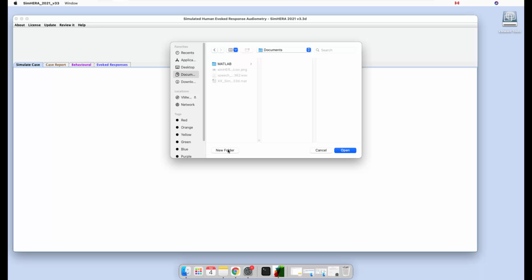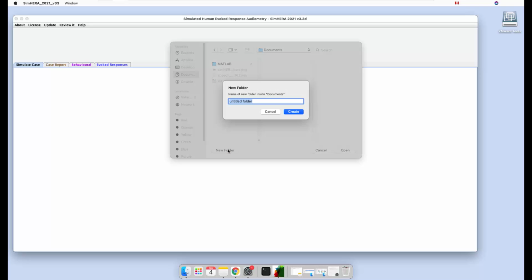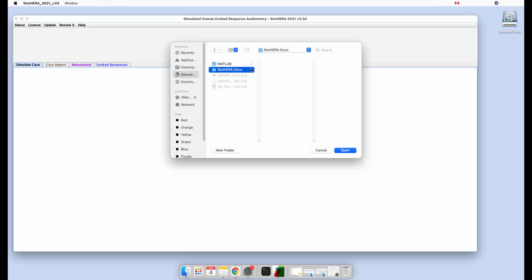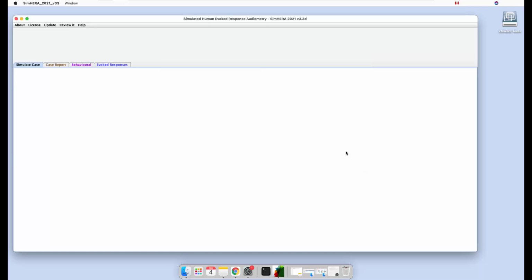Let's go into Documents, and then we're going to add a new folder. So click on New Folder, and we will call it SimHERA Data, or you can call it Docs, whatever you like. Just something that you know is your folder that you're going to be saving all of your SimHERA documents and data into. And then click Open,